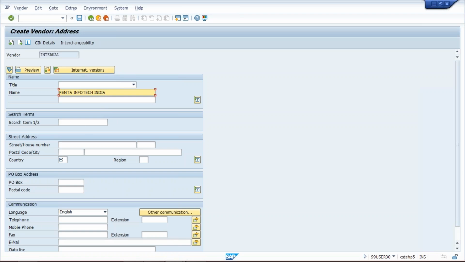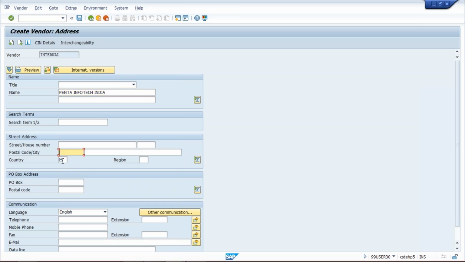So guys, here there are several fields appearing: name, search term, street, postal code. These are all details we give about the vendor. Now I'm not going to enter all these details. I'm going to enter only the mandatory things,